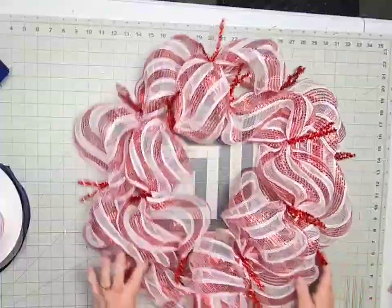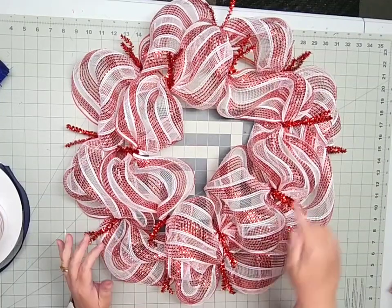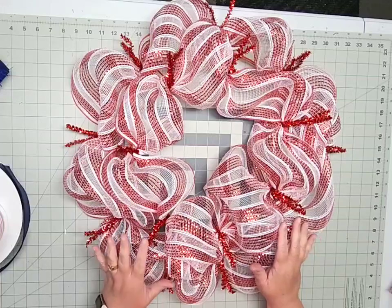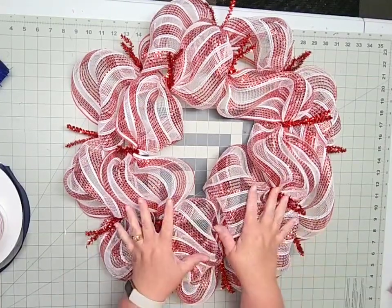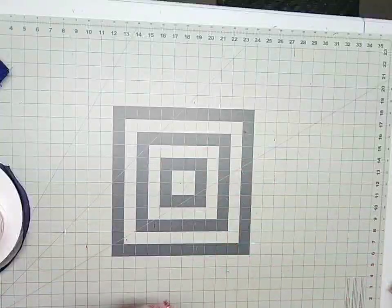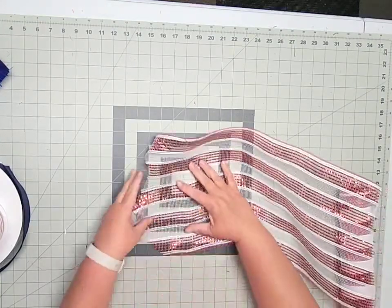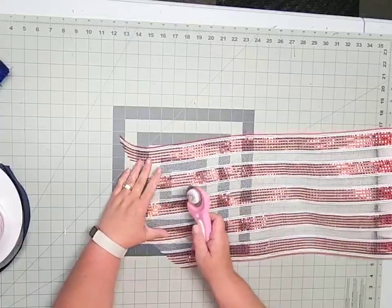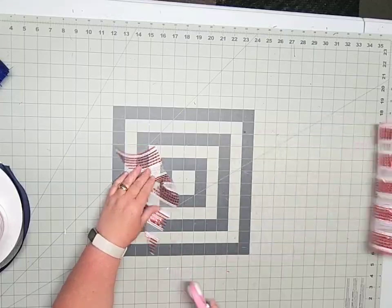On this particular wreath frame, friends, we've got 16 ties on the entire wreath frame, and so we're going to cut some curls now with our deco mesh to add into those ties. So we've added the poofs in, and now it's time to get the next step ready. Go ahead and sit your wreath off to the side. And what we're going to do, friends, we're going to use both the red and white striped deco mesh that we've got left from our poofs and our navy